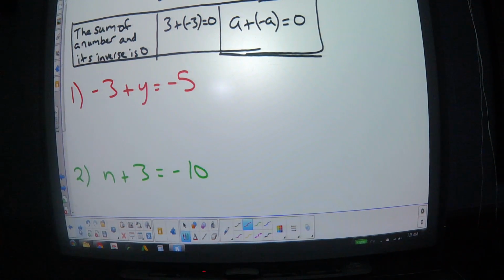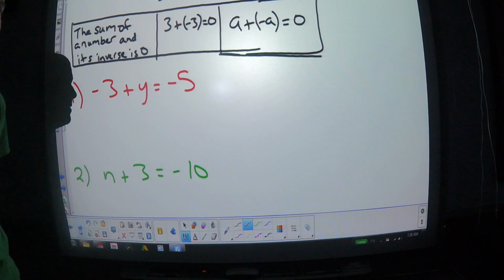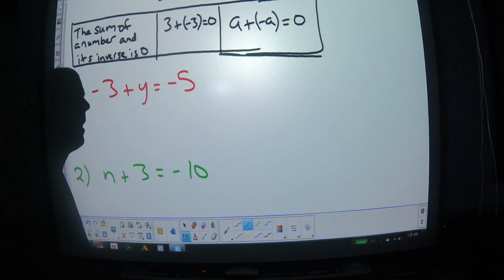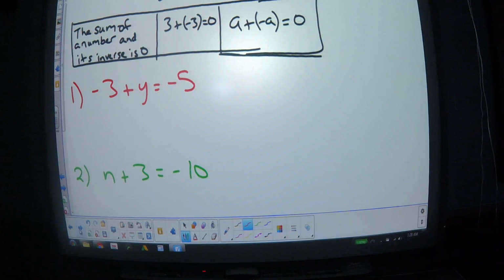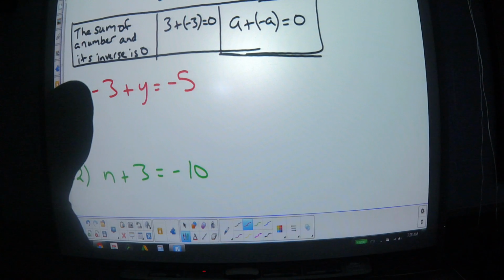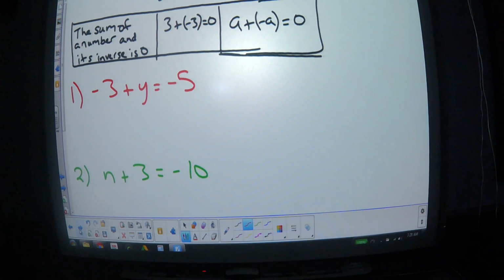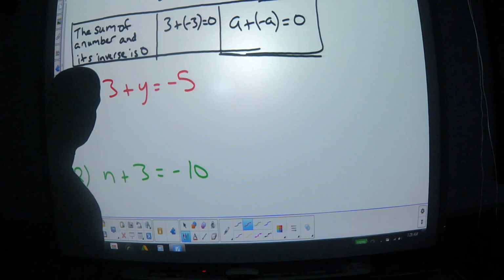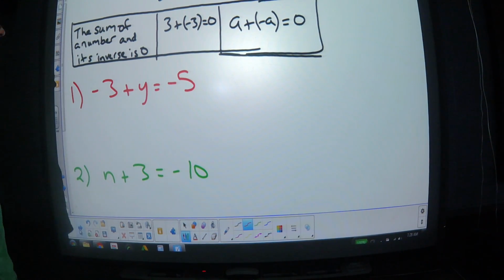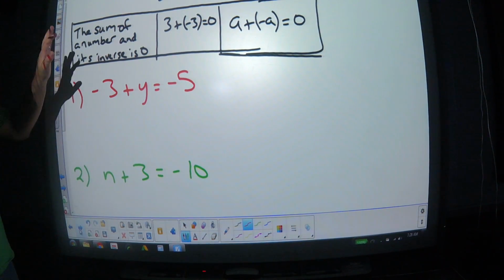Good morning, and welcome to the last section that we're going to be talking about. So far, we've learned about how to solve one-step equations, but the one thing that we didn't talk about when doing that is what if the equation would result in a negative answer or deals with negative numbers. And so the one thing that we want to make sure that we remind is about the inverse